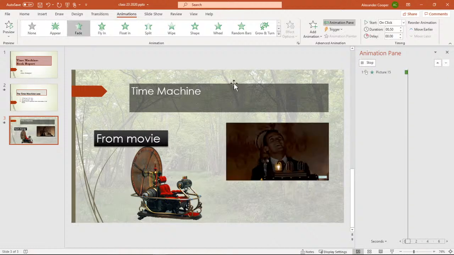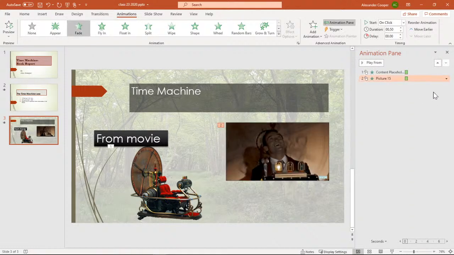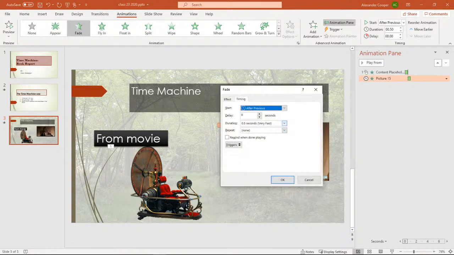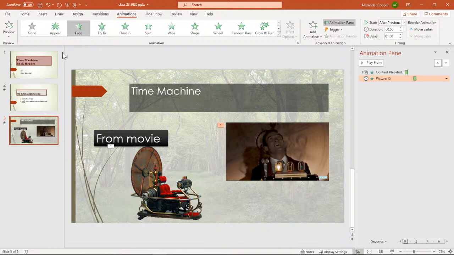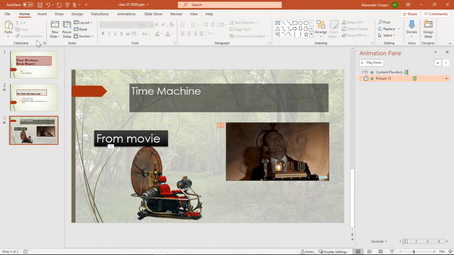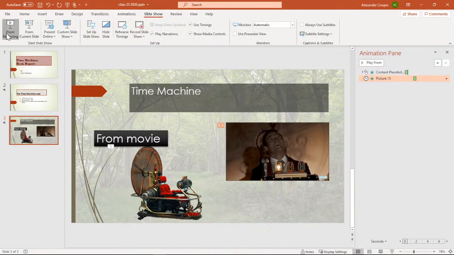That will look a little bit nicer. So we'll make the picture fade in, and we won't do on click. We'll do after previous, and we'll give it a second. There we go.